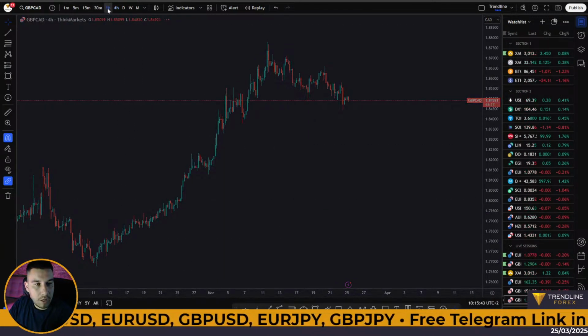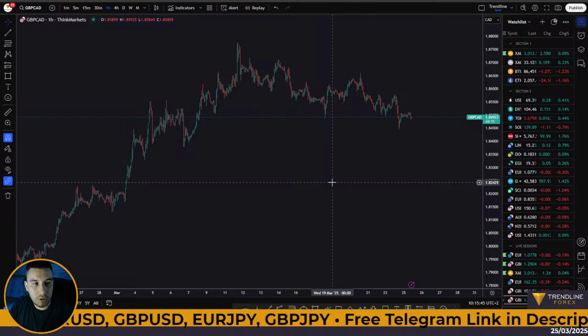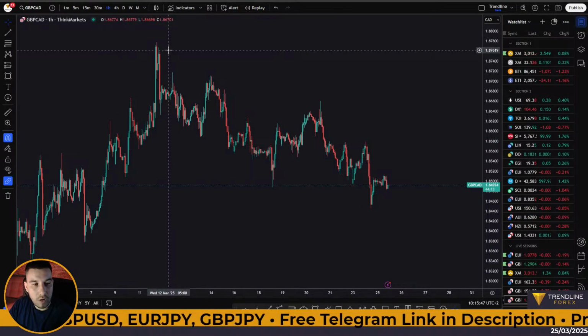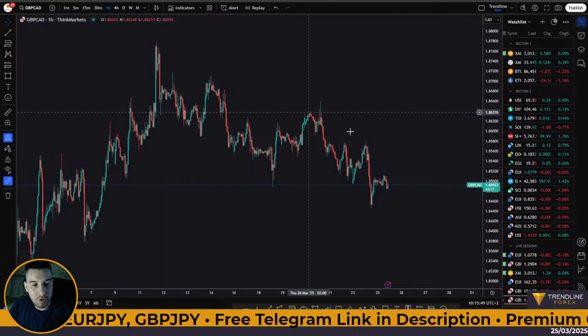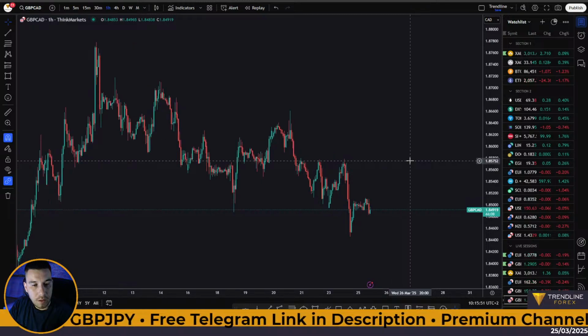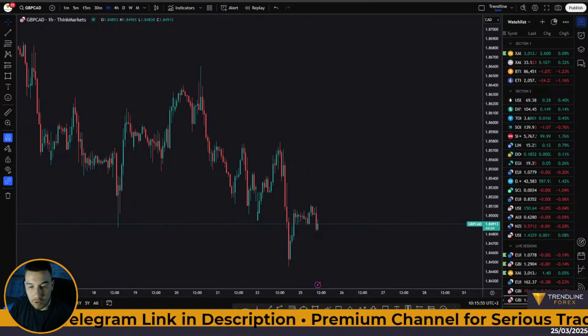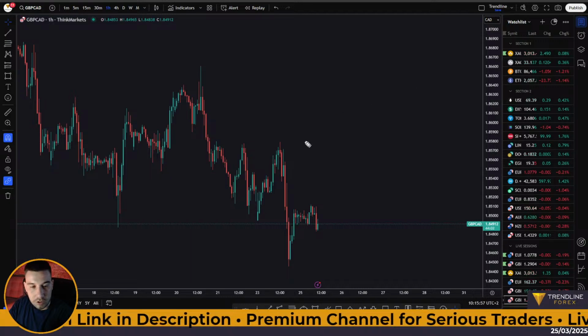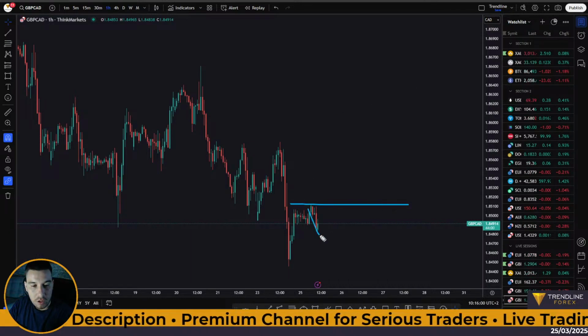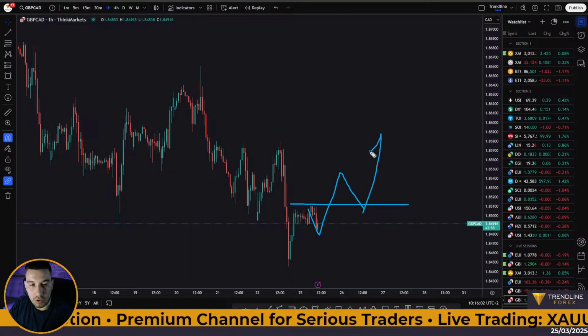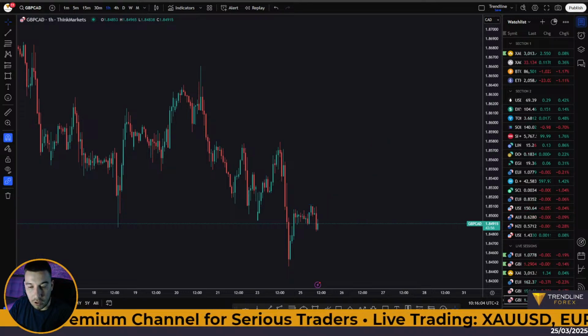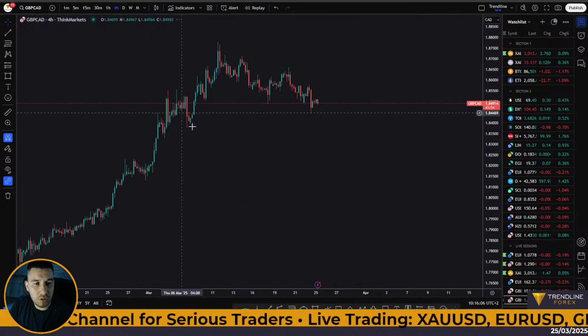Well, the only thing that makes sense to me is to look for buying opportunities in pound Canadian, even though right now the hourly time frame is bearish. But I personally would have to see some change of structure right here with higher highs and higher lows in order to start looking for buying opportunities. But going short,